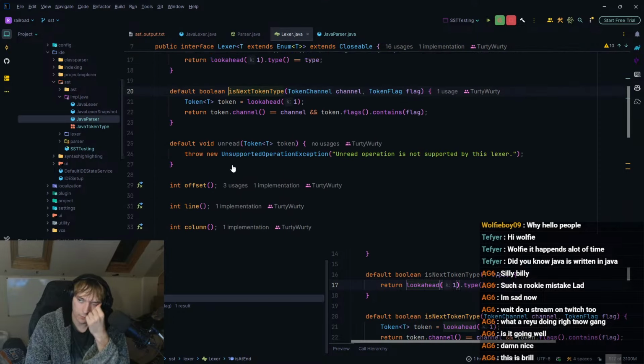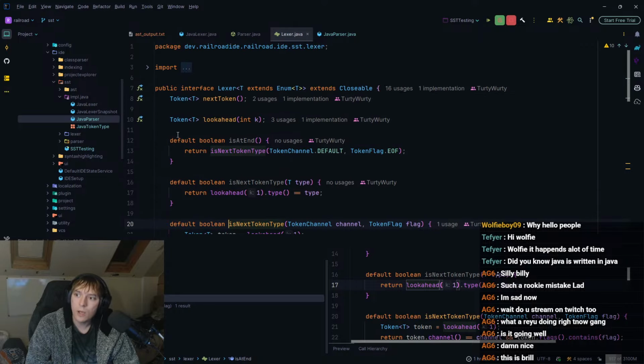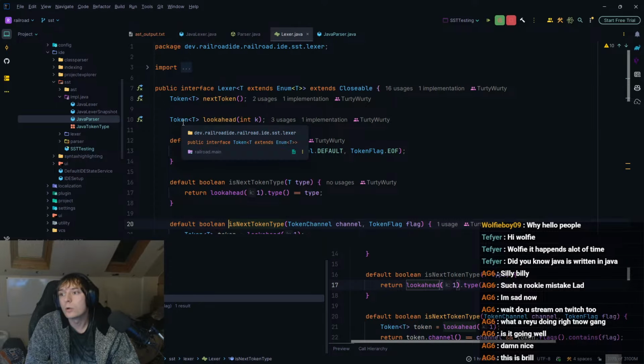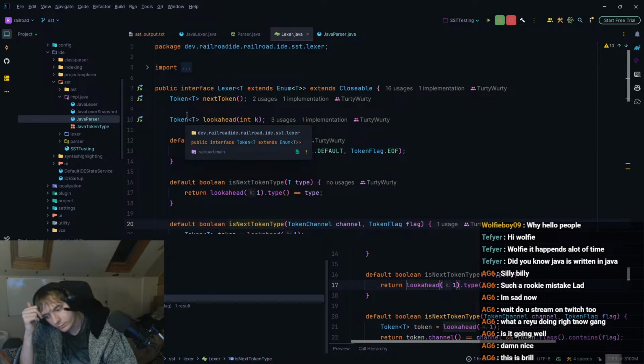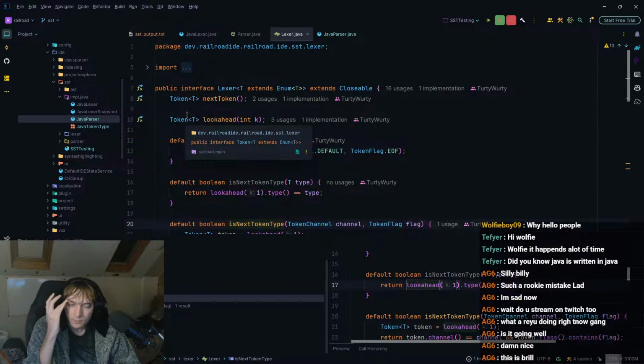Okay, here's the thing, right? Look ahead returns... Oh, look ahead returns a token. Okay, okay. So how this works is look ahead and next token are what's being called by the parser, right?